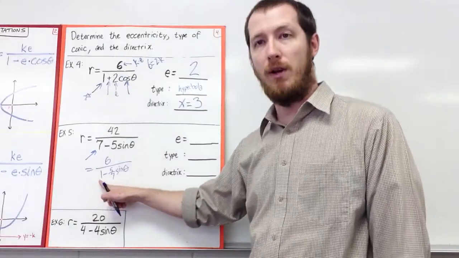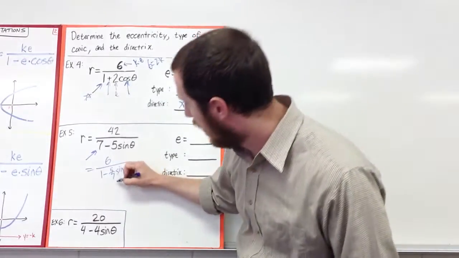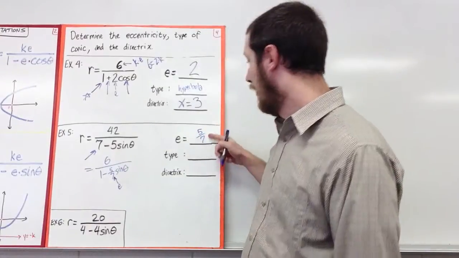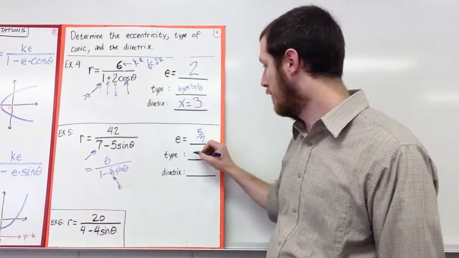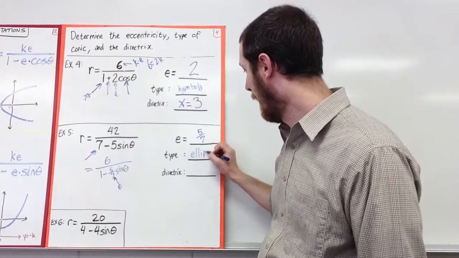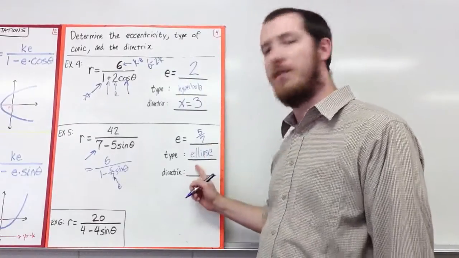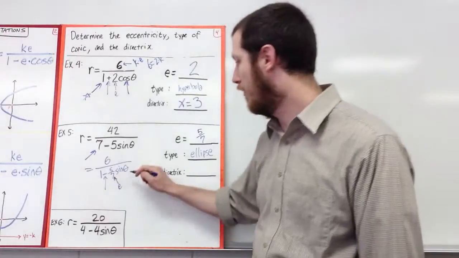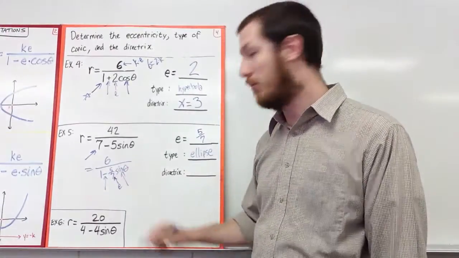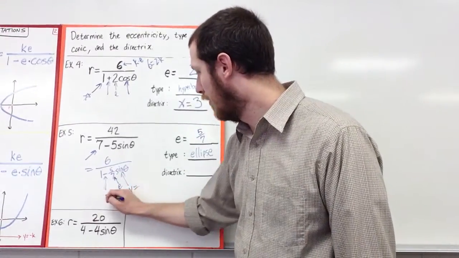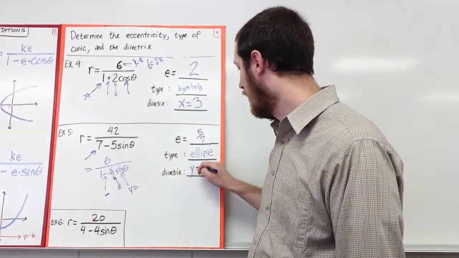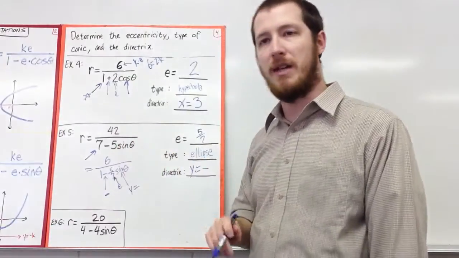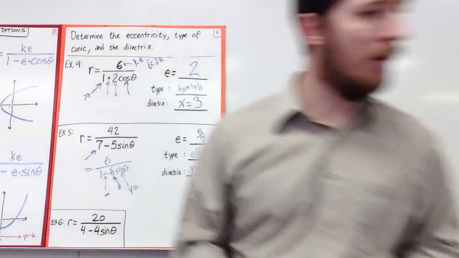Okay, now we've got that 1 there. So we've got our eccentricity there, 5 sevenths. That's less than 1, so that tells me it's going to be an ellipse. Okay, now we just need to find our directrix. We've got subtraction, so that's going to be a negative. We've got sine, so it's going to be y equals. So we've got y equals a negative, and let's factor out our e from that 6. And we're going to get